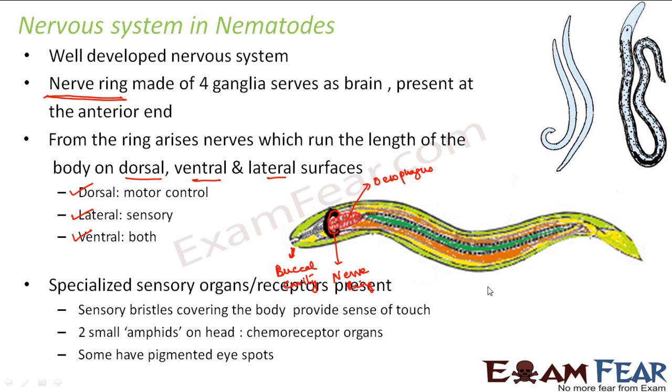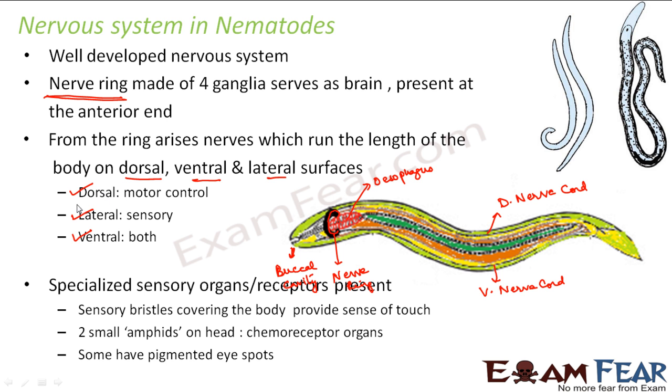Dorsal means back. So here, this is the ventral surface, and the nerve running at this end is the ventral nerve. The nerve running at this end, that is the back end, is the dorsal nerve. And the nerves which run along the lateral surfaces, that is the sideways surfaces, are the lateral nerves. So we say that this is the ventral nerve cord. This is the dorsal nerve cord,